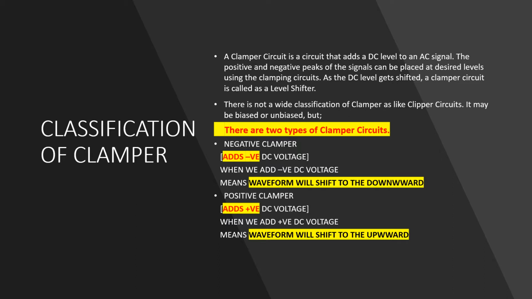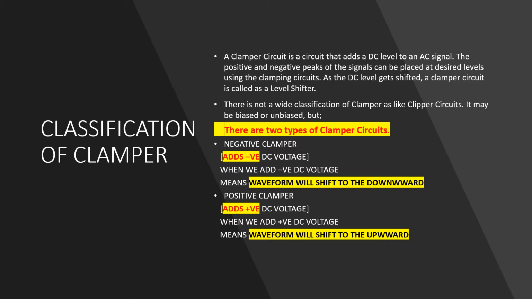A clamper circuit is also called a level shifter. There is not a wide classification of clampers like clipper circuits, because clipper circuits are classified into many types like positive, negative, biased clippers, biased positive, biased negative clippers. It may be biased or unbiased, but